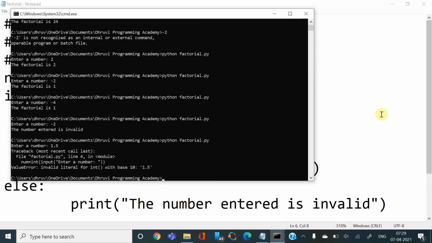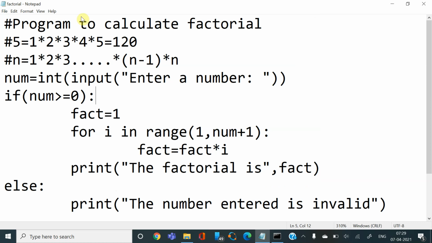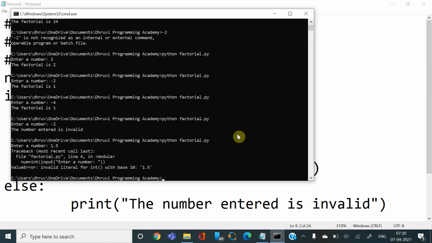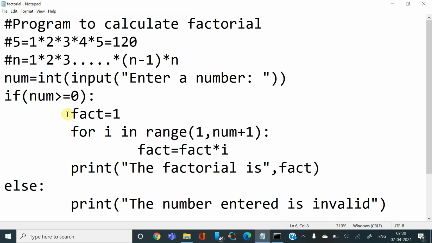Right, so we have already solved this error because we are taking only integer numbers here. So the user entering a fractional number is already solved in our case, right? And we have solved it for a negative number also. So now our program is complete.